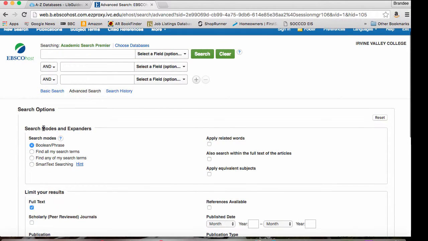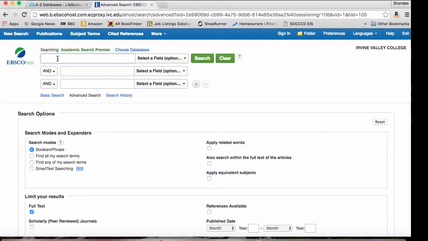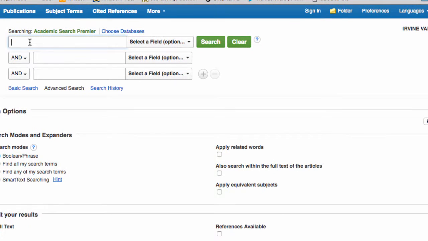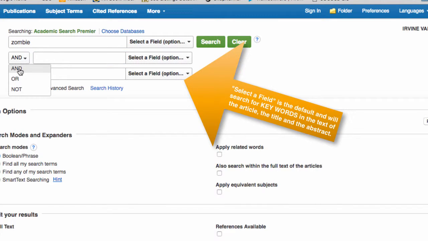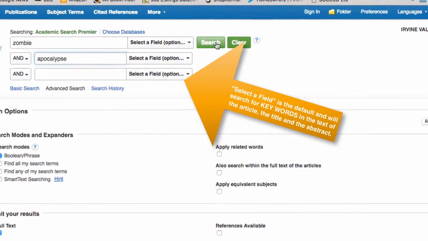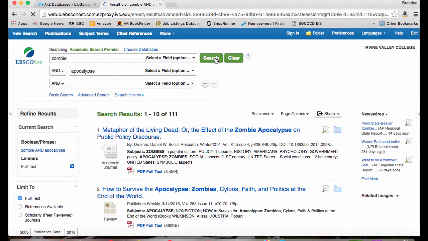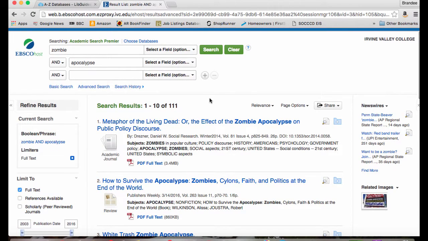So I'm going to scroll back up to my search boxes. And for this sample search, I want to find articles on the zombie apocalypse. So my first search term is going to be zombie. I'm going to use the Boolean operator AND, which is the default, and I'm going to add the word apocalypse. Then I'm going to click on the green search box for search and take a look at how many results I get. So surprisingly, in this general purpose database, I have 111 articles that match to the search terms zombie